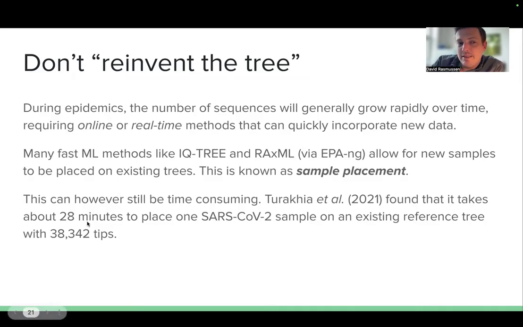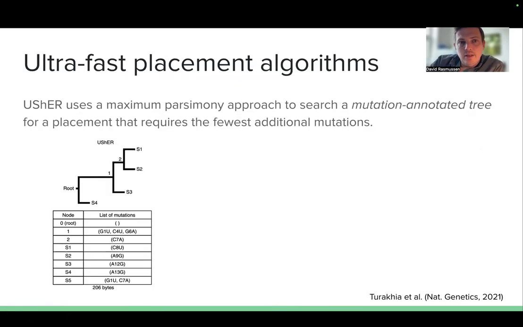In this case, for a data set of this size, it could take almost half an hour to place one single tip on the new tree. So this has inspired searches for faster ways of doing placement. And one idea that emerged, especially during the SARS-CoV-2 pandemic, is using these ultra-fast placement